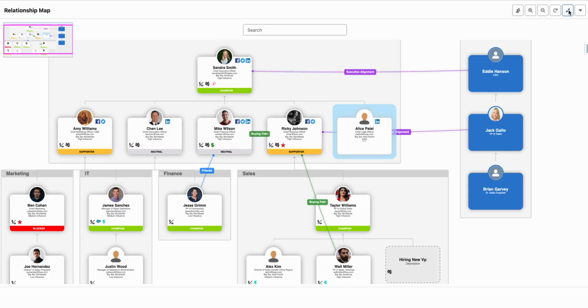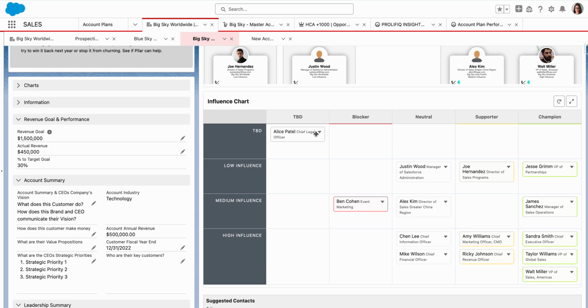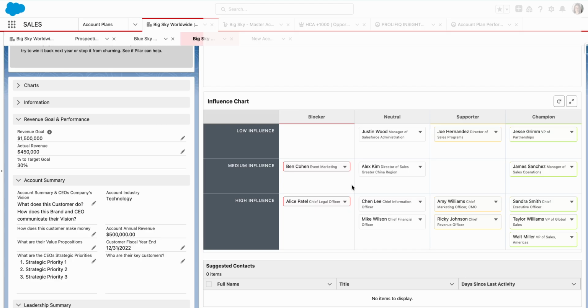So for example, for Alice Patel, we just brought her onto the map. We can go down to our influence chart below and define, well, what is she to our organization? Is Alice a blocker, neutral, support, or champion? Is she of low, medium, high influence? We can quickly drag and drop these users across the org, but more importantly, this information can now be leveraged